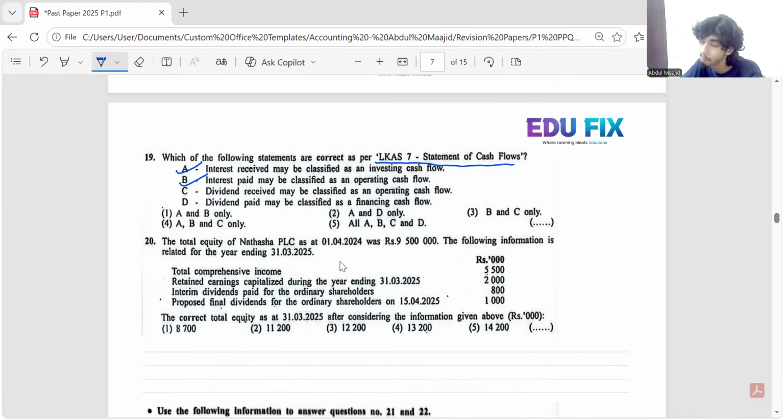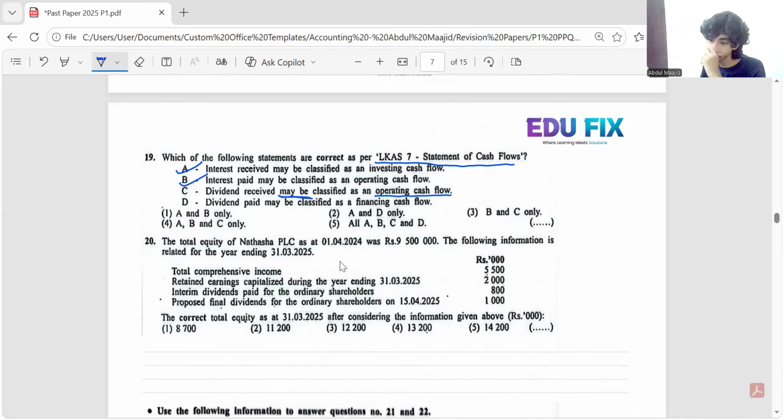Dividend received may be classified as an operating activity. Normally, dividend received is an investing activity. But here they are using the words may be, right? If you want, you can classify it as an operating cash flow. No one is going to stop you. In case investing in other companies and getting dividend as income is one of the main activities of your business, that can be your operating cash flow. It doesn't have to always be